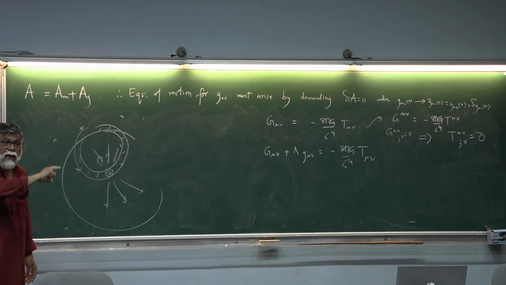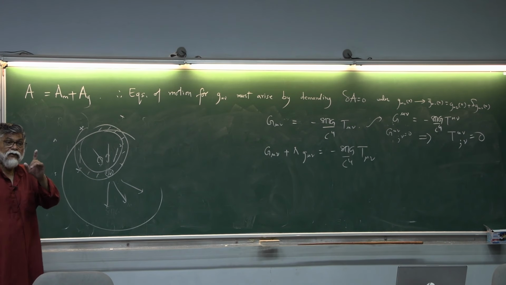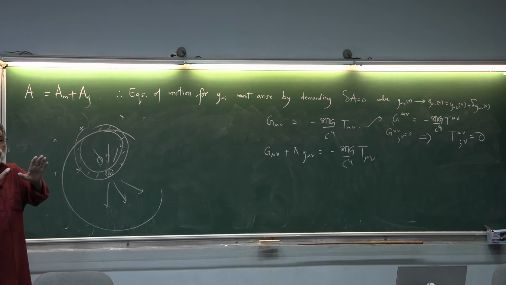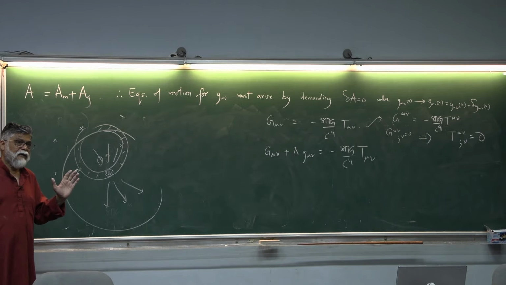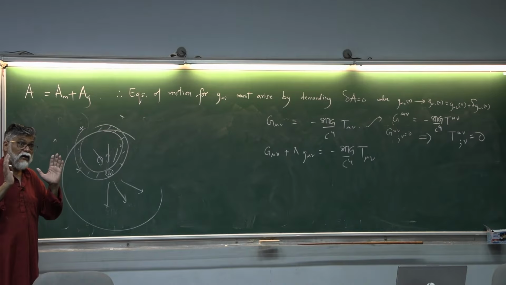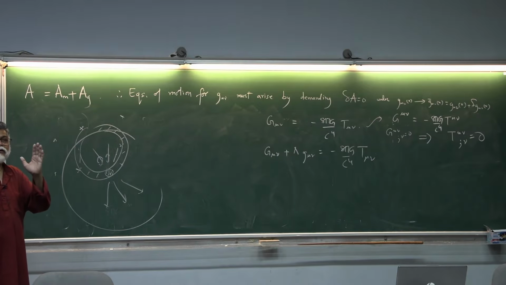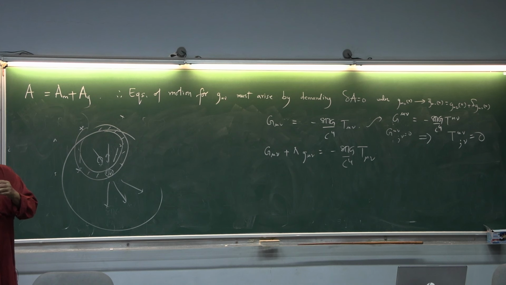But the fact of the matter is, T mu nu semicolon nu equal to 0 is the equation of motion for the matter fields. I am not going to show it. T mu nu semicolon nu equal to 0 follows from the equation of motion of the matter fields. Now that's very surprising